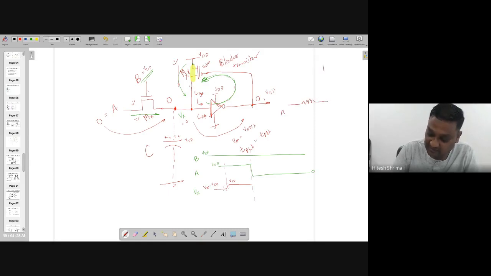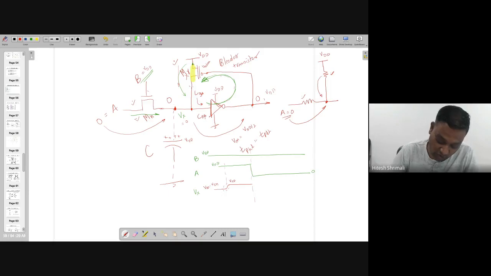One is driven by input A, which is connected to 0, and one which is connected to VDD. So this transistor pushes this node, or asks this node, to remain at VDD, and this particular input is asking this particular node to go to 0. So these two transistors are fighting